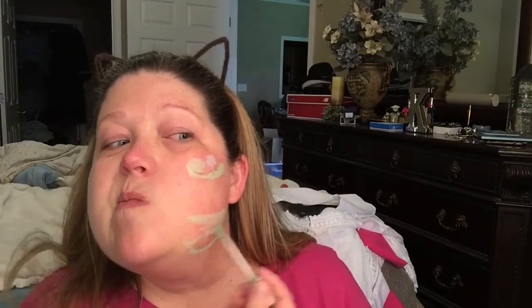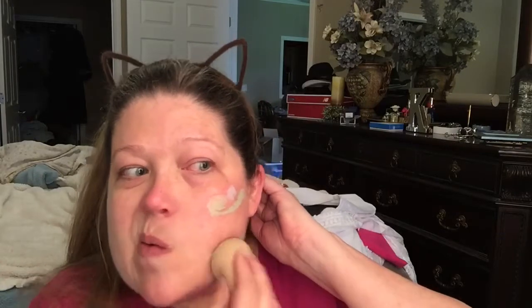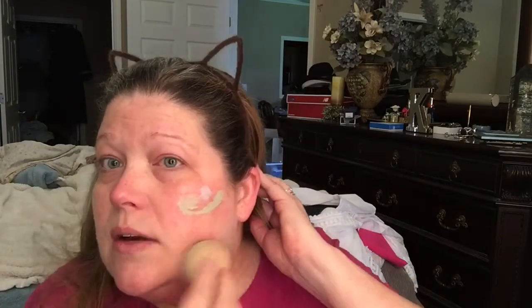and then on my chin area, because my chin and going down into my neck is really red. I just have a lot of red discoloration, and I take my foundation down that far anyway, so it works to hide some of it. I know that my grandma had real rosy cheeks, and I was trying to see if this was going to